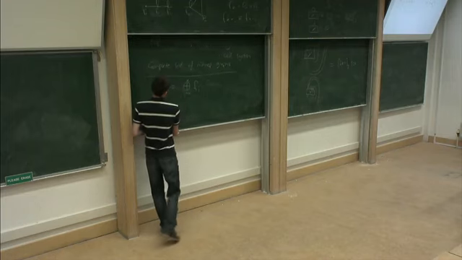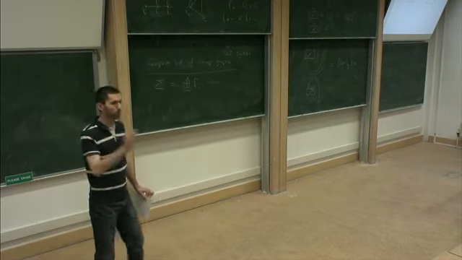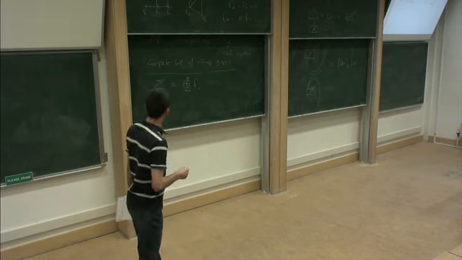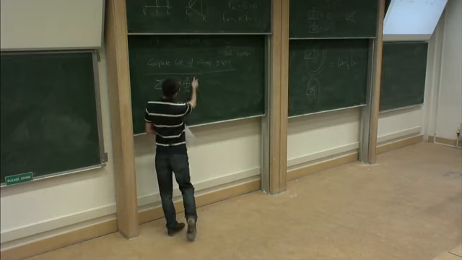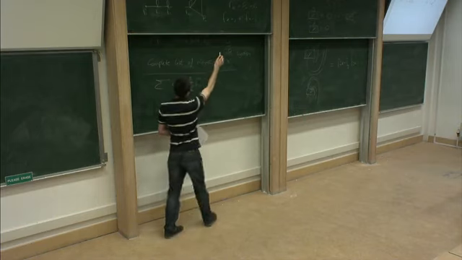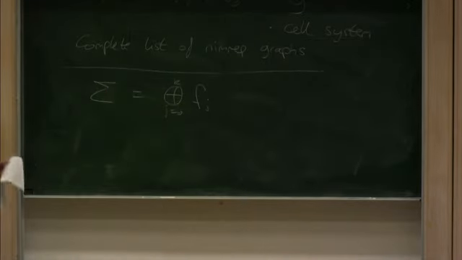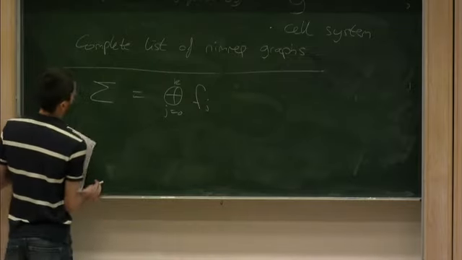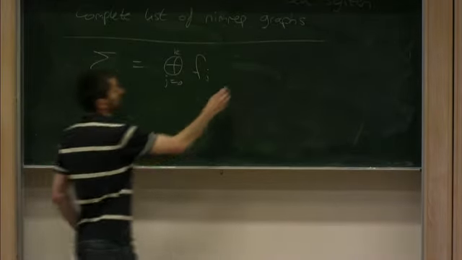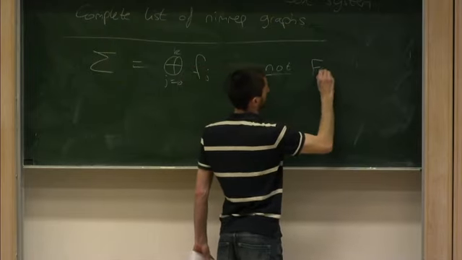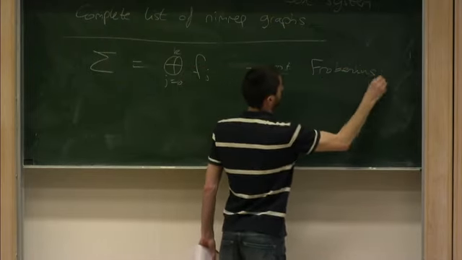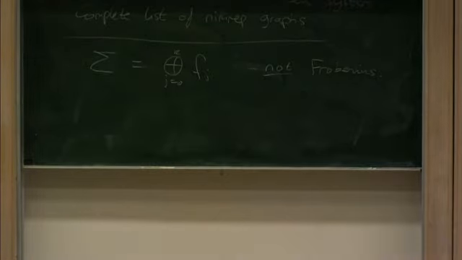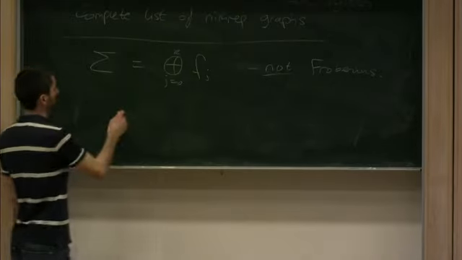it would be tempting to look at this sort of direct sum of all the simple objects, where here Fk is the sum of 2 simple objects. But if you do this, it is not a Frobenius algebra. It's finite dimensional, but it's not a Frobenius algebra. In analogy, at least to the SU2 and SU3 situations, one would expect that